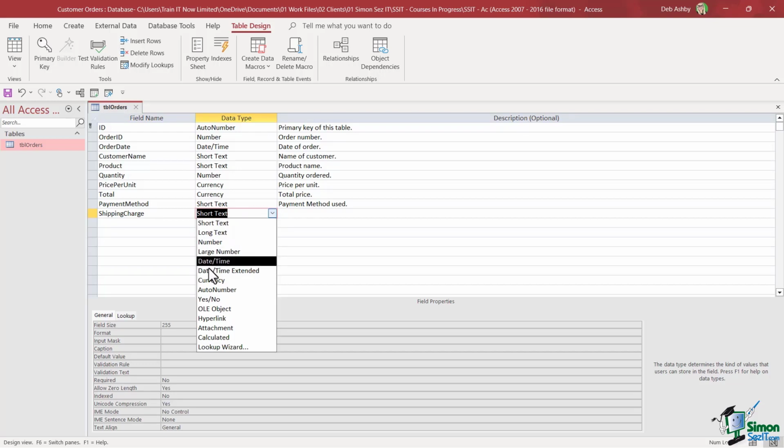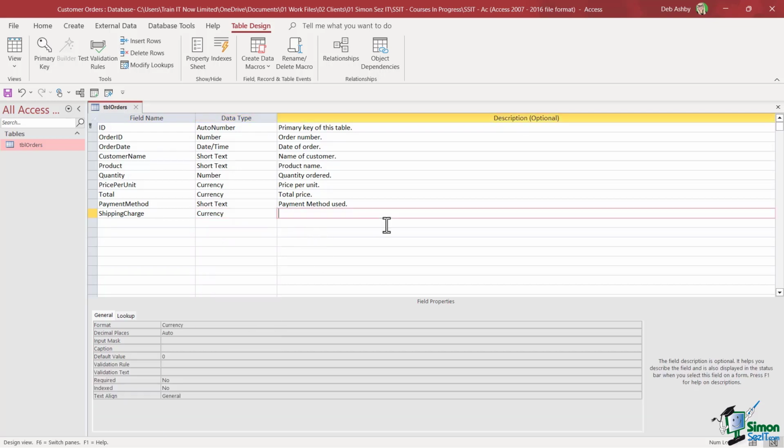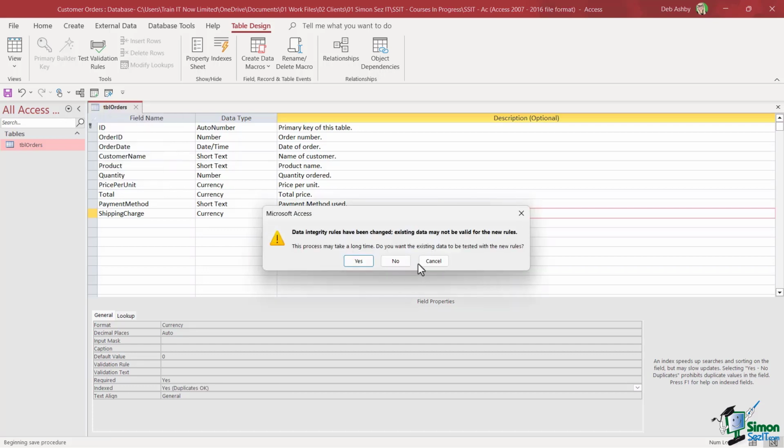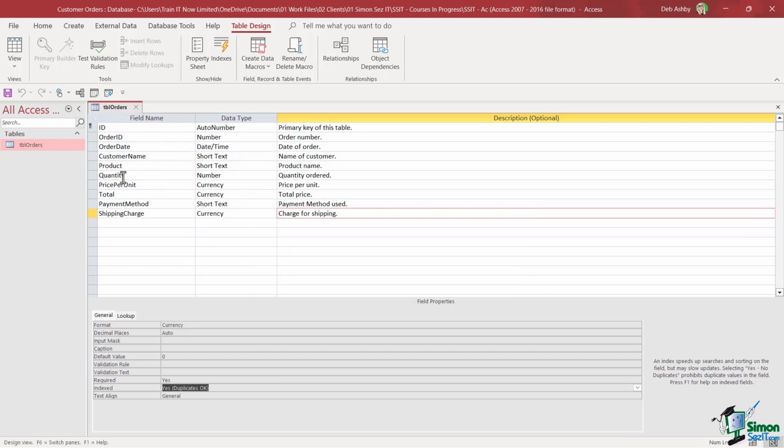This one is a currency field, and let's add a description. Let's just take a look at our field properties. So required, yes. Indexed, yes. So let's give our table a save, because the next thing I asked you to do was to add a